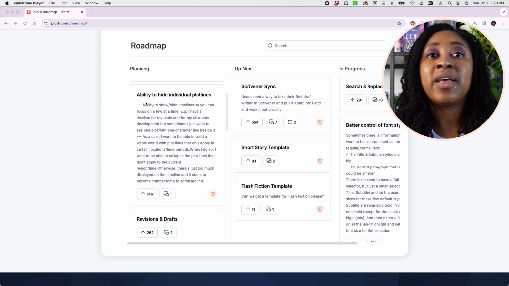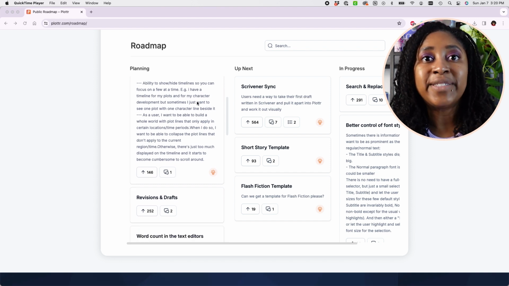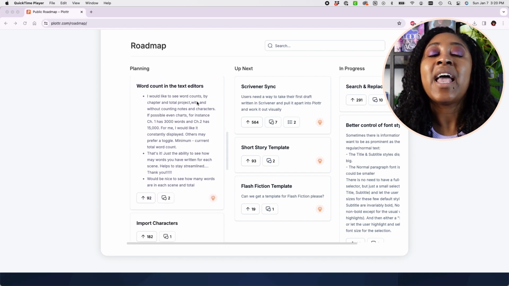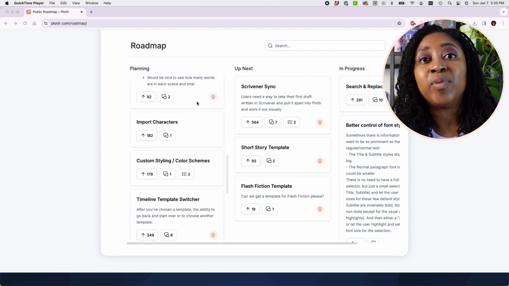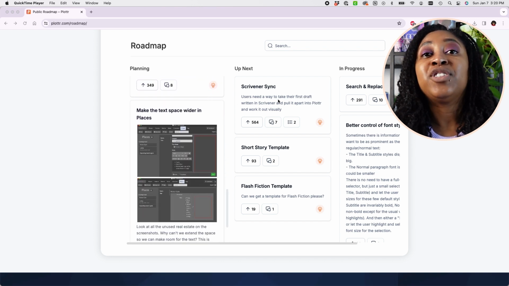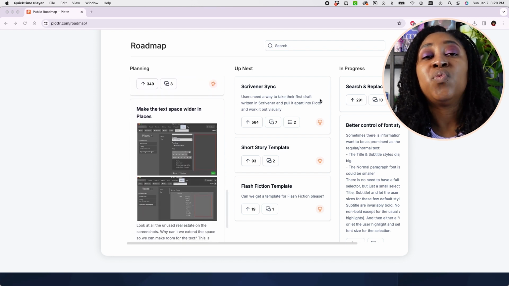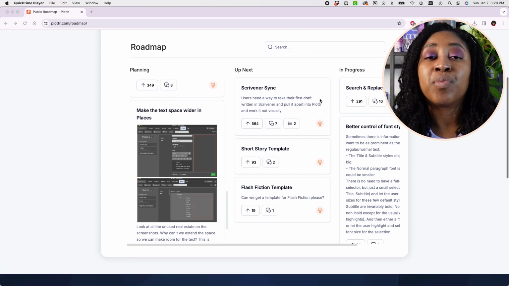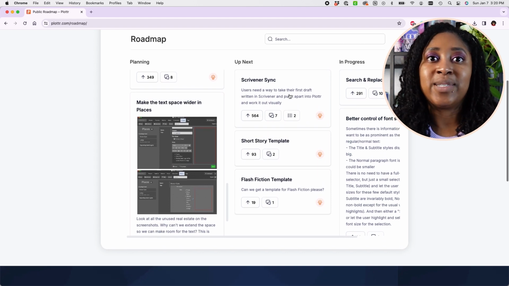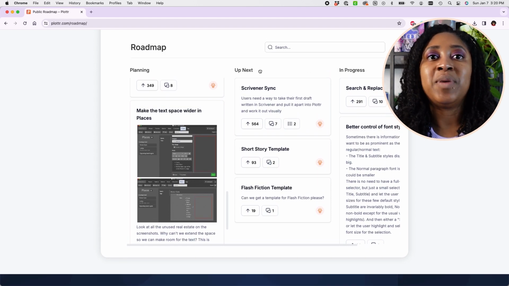So people from the community go on the forums and they request a feature. You can upvote it and be like, yeah, I really want to see this. And these are things that they're actively implementing. And to me, this is very mind-blowing because for one, it shows that they are really listening to what people want to see in the program, and then they are showing you with a lot of transparency exactly what they are going to be adding and looking at.